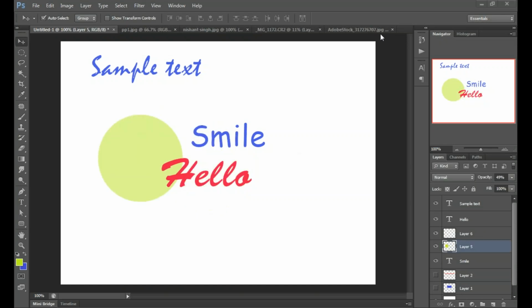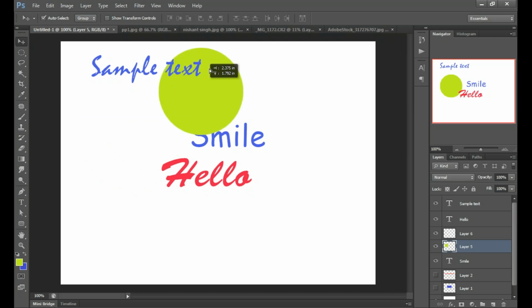Just check here. We have a circle. We will make the opacity 100%. Just learn how to do this. Select the move tool. Pick your object from here and move it to the top of the bar.